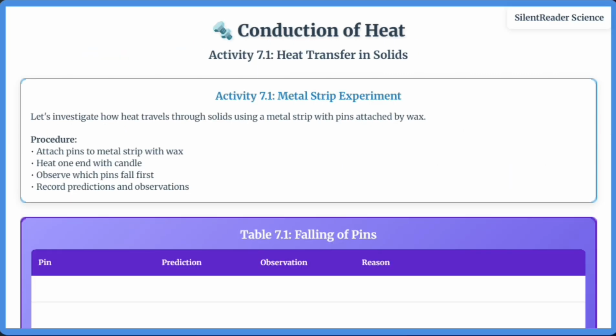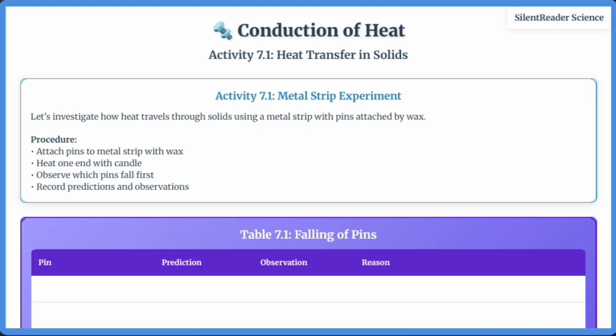Let's begin by exploring conduction through Activity 7.1. We'll use a metal strip with pins attached by wax and heat one end with a candle. You'll observe that the pin closest to the heat falls first, followed by the others in sequence. This happens because heat transfers through the metal by conduction, the process where heat moves from hotter parts to colder